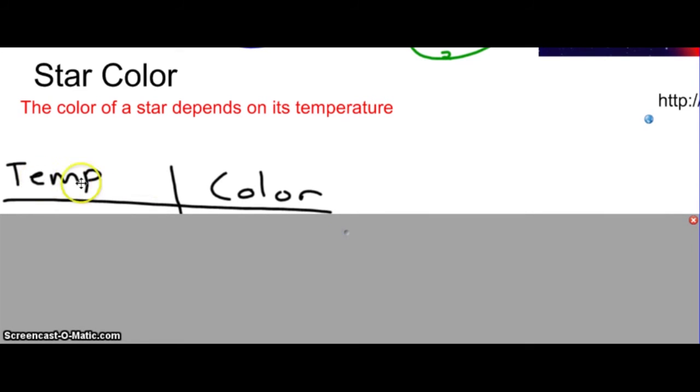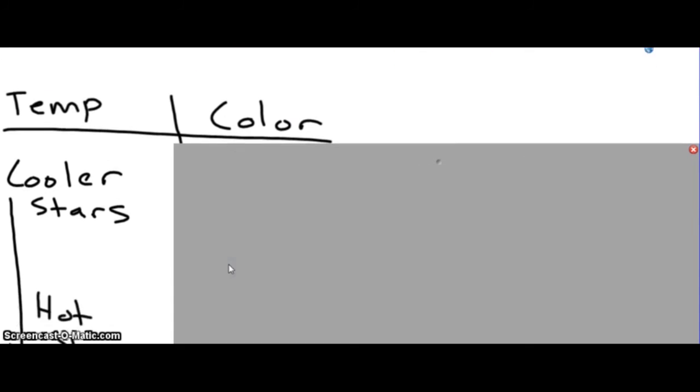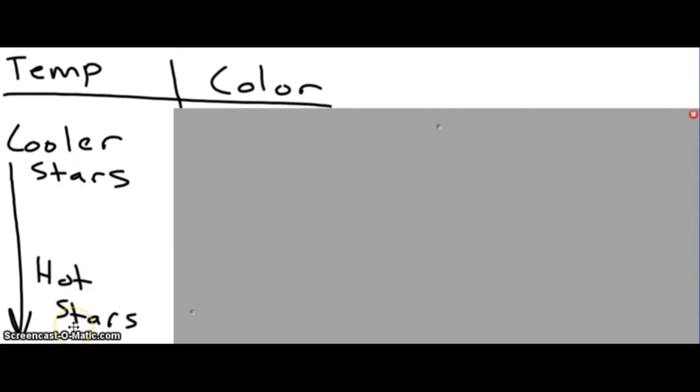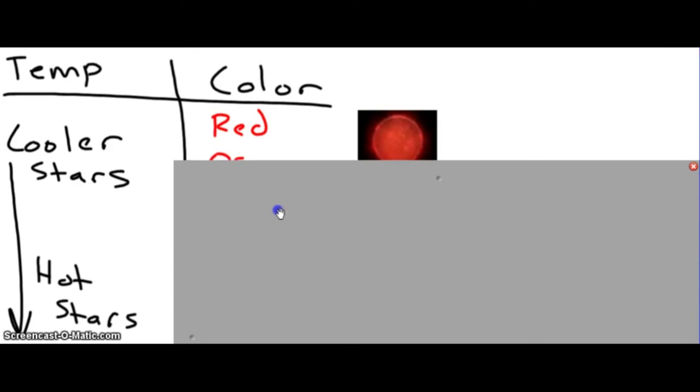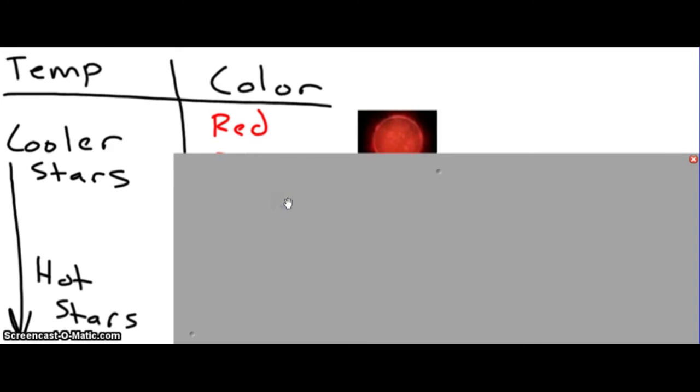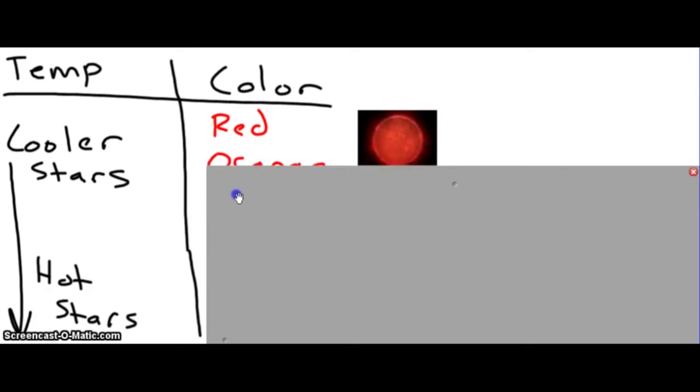let's make a T-chart with the temperature and the color. So we're going to have cooler stars at the beginning. We're going to work up to hot stars. The color of the cooler stars. Now the coolest stars end up being red. Red is the same color your oven burners turn when they first start warming up. If you could make an oven burner turn hotter and hotter and hotter, it would go from red to white. Because it would be giving off red at first, just red, and infrared, and eventually it'd be giving off all the wavelengths. Well, anyway, a slightly hotter star is going to be orange,